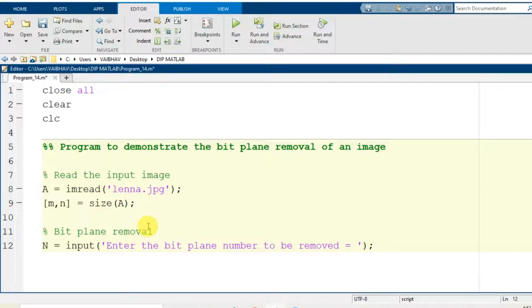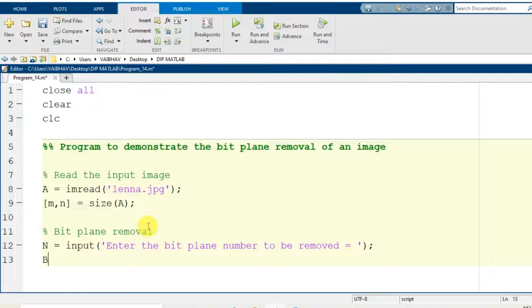So here for programming purpose we can accept the inputs like 1, 2, 3, 4, 5, 6, 7 and 8. Generally while providing designations to the bit planes, we start with 0 as the least significant bit and 7 as the most significant bit. But here the convenience in formulation is to use 1, 2, 3, 4 and so on up to 8, as we are working with the 8-bit environment for the standard data sets of lena.jpg, and I will also show you the visualizations of bit plane removal for cameraman.tif as well.